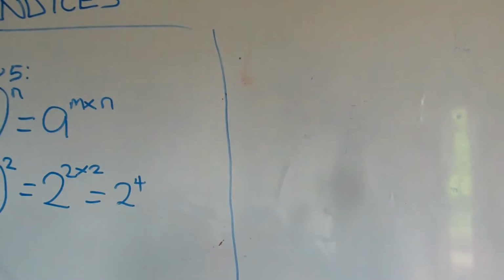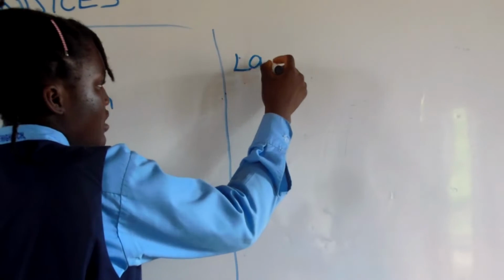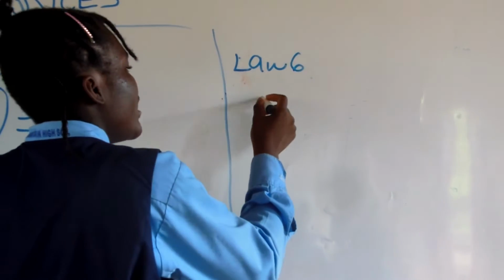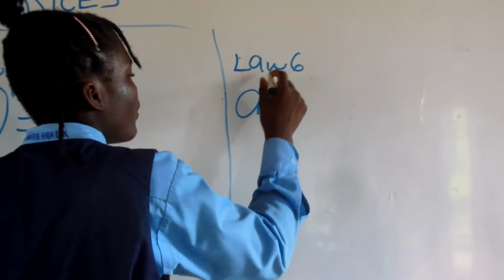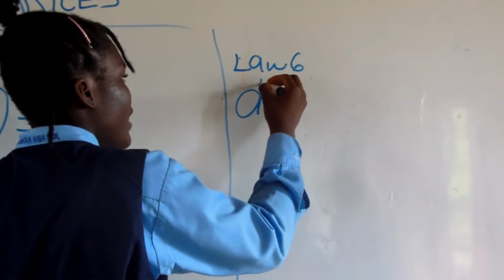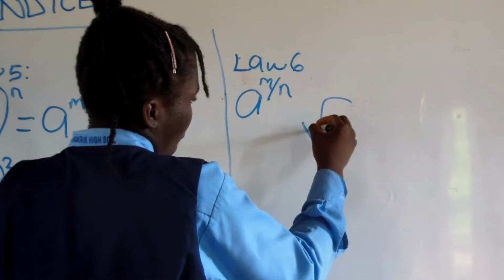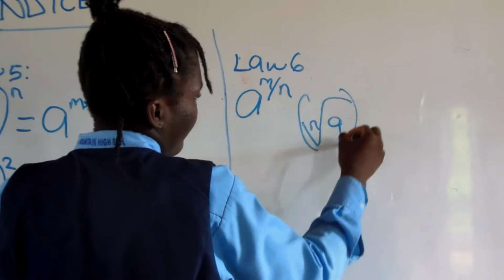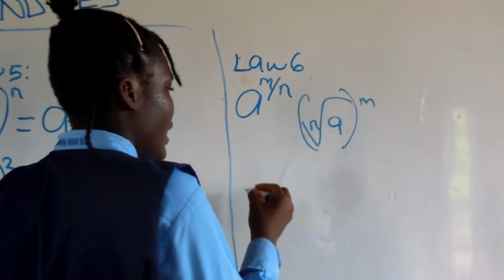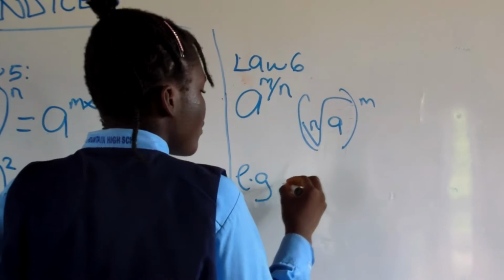And this is the last law, which is law 6, the fractional or root law. This law states that if a is raised to the power of m over n, it means the nth root of a all raised to the power of m. For example, if we have